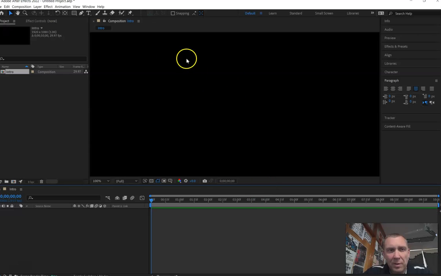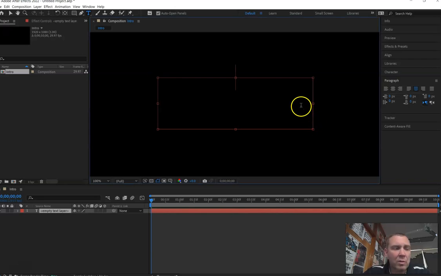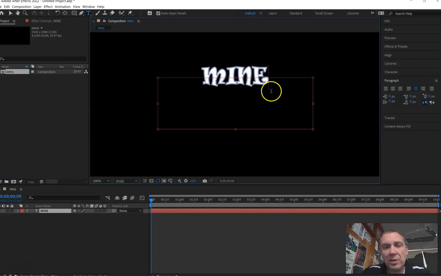From there, the first thing we're going to do is add text. So we go up to the top and click the T. If this isn't showing the same as yours, you may be on the Learn tab, so just click on the default or the standard one. Then we click on T, go into the center of the screen, and click and drag that out. I'm going to call my intro, or my production company, Mine. I've already changed my font, so to do that, if you need to,